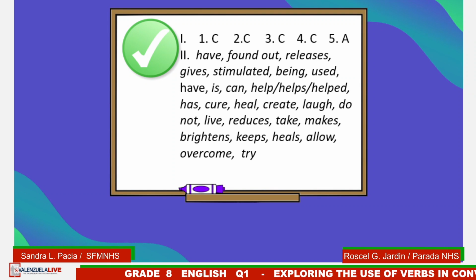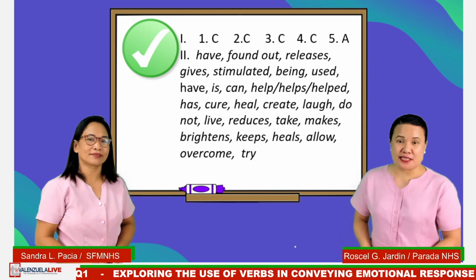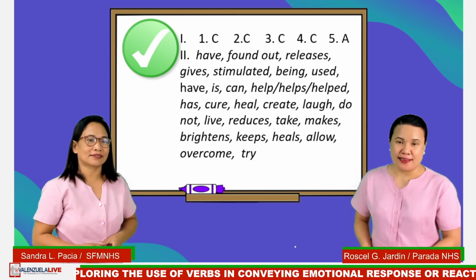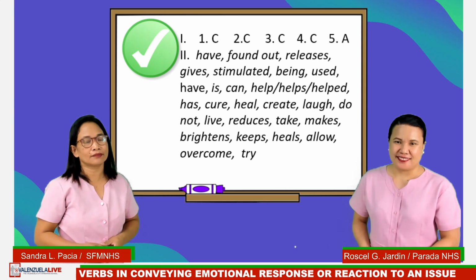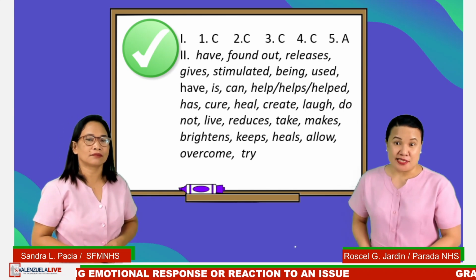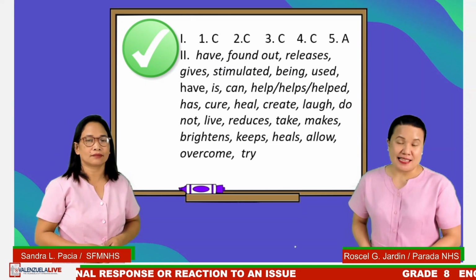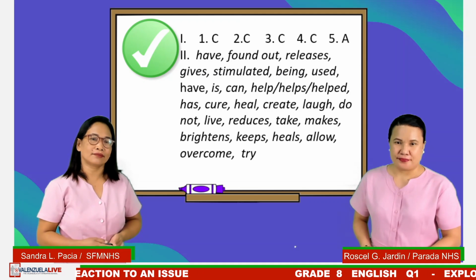All right. Let's check your answers. For the first activity, we have number 1, letter C. Number 2, letter C. Number 3, letter C. Number 4, letter C. Number 5, it's letter A. For the second activity, we have,